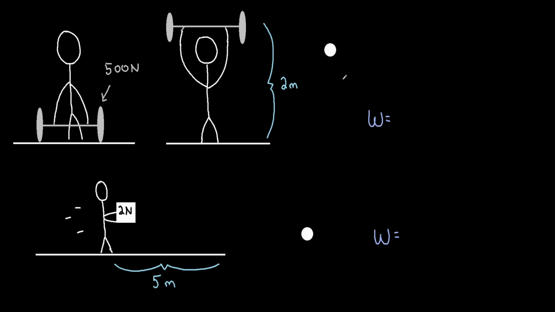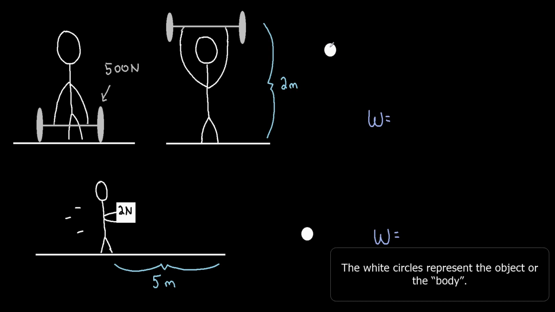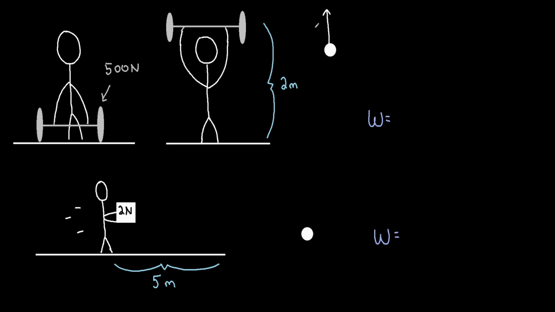Well, first, let's draw a free body diagram. We know that the direction of the force is going to be pointed upward, and that the displacement is also going to be upward. Now that we know this, let's plug in what we know into the formula. So we have the work is equal to the magnitude of the force, which is 500 newtons, times the displacement, which is 2 meters,